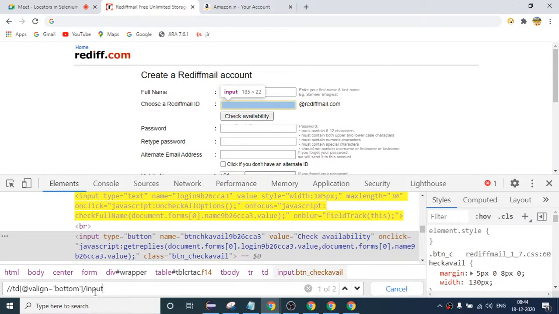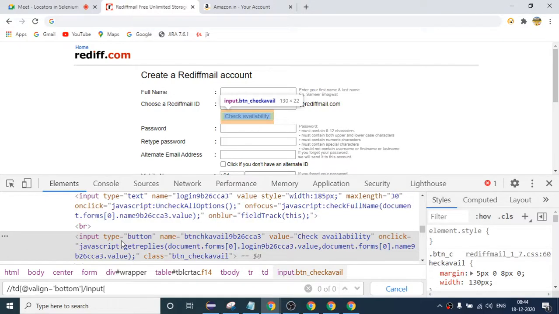But here two input tags are present, one is this one and the second is this one. I need to come to the second, so I will say second. Here I'm assuming that this tag will not change, otherwise you have to point out to the developer that the tag name is also changing. Is it clear?